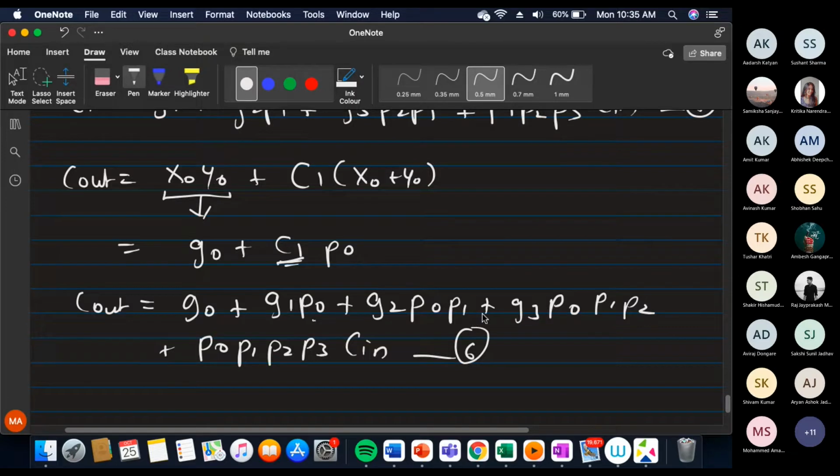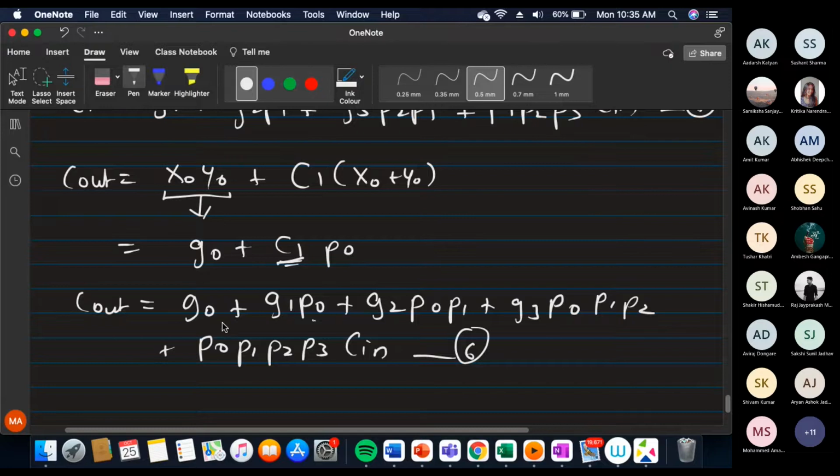X1 plus Y1. What is G3? X3 Y3. What is P0? X0 plus Y0. What is P1? X1 plus Y1. What is P2? X2 plus Y2. What is P0? Again, same thing, right? So if you look closely, what we require is X0, Y0, X1, Y1, X0, X1, X2,